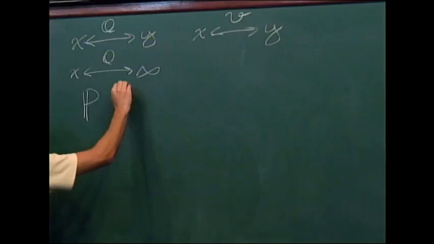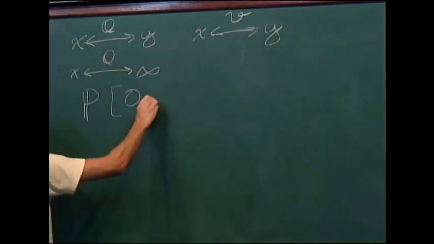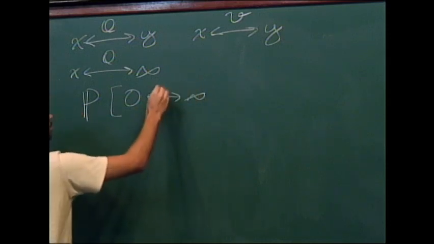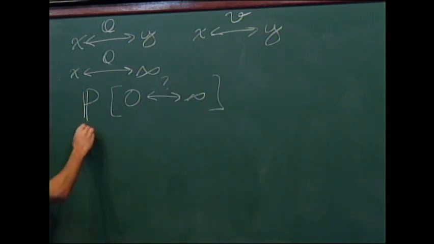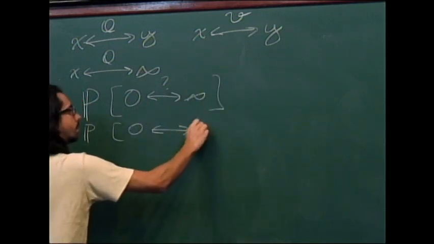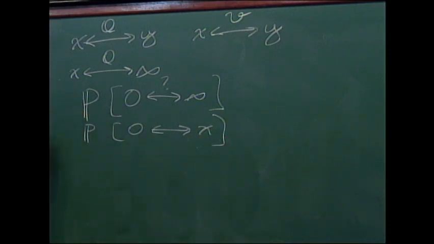So by translation invariance, we will forget X, but always 0 here. So the probability that X is connected to infinity, that's a very interesting quantity, either for the occupied or vacant set. And the probability that 0 is connected to some point X far away is also interesting. This converges to this as X goes to infinity by some trivial argument. This converges to the square of this, and we are mainly interested if this is positive or 0. So if this converges to 0, this is 0, the square doesn't change anything.